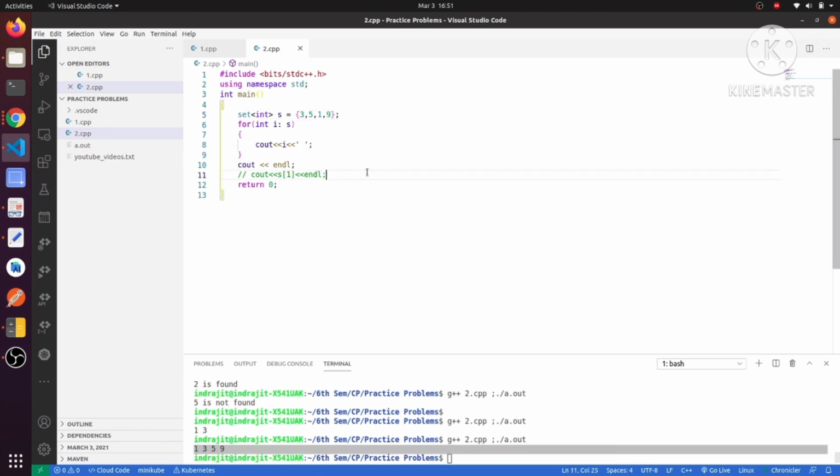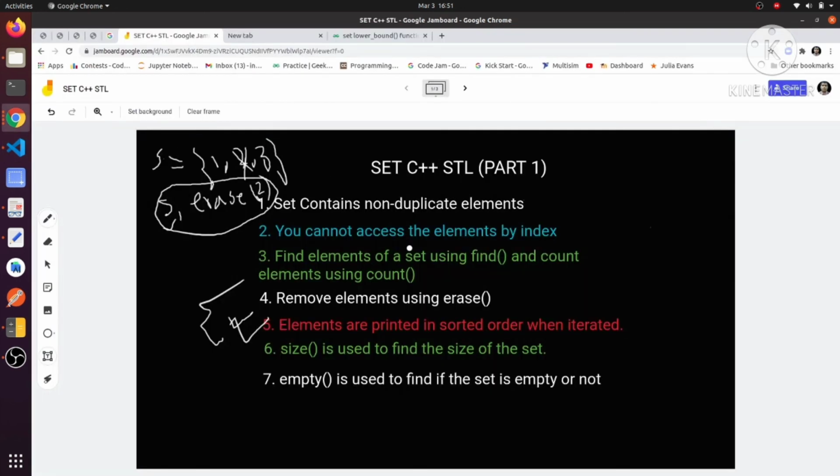Now if I print this, it will give an interesting result: it is in sorted order, right? 1 3 5 9. It is a very interesting thing that happens in a set only, that when I am inserting into the set in a random order, it actually sorts the elements and stores them.